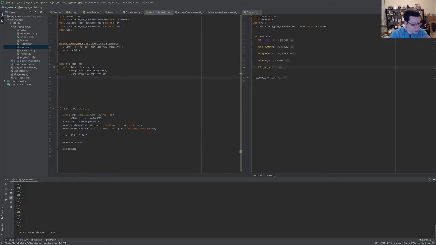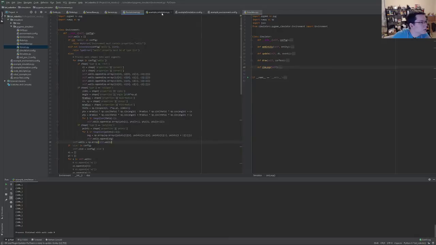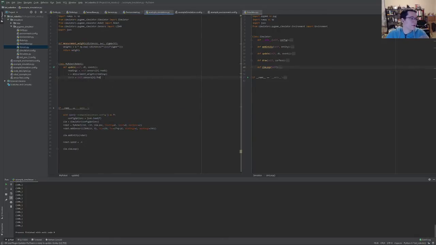So what we're going to do is say theta equals self.sensors[0].fov. Is that exposed? It is. Okay, good. I couldn't remember if it was fov underscore fov or just plain old fov. So it's going to be self.sensors.fov